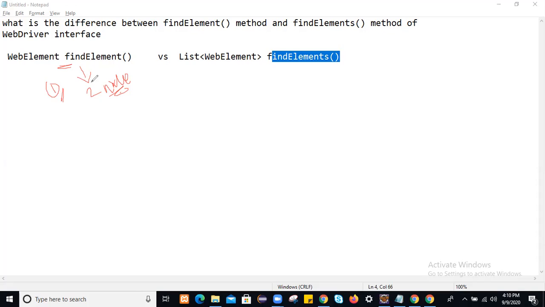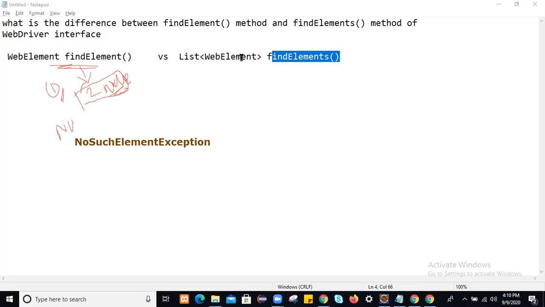If nothing gets matched on the web page, the findElement method will throw an exception called NoSuchElementException.